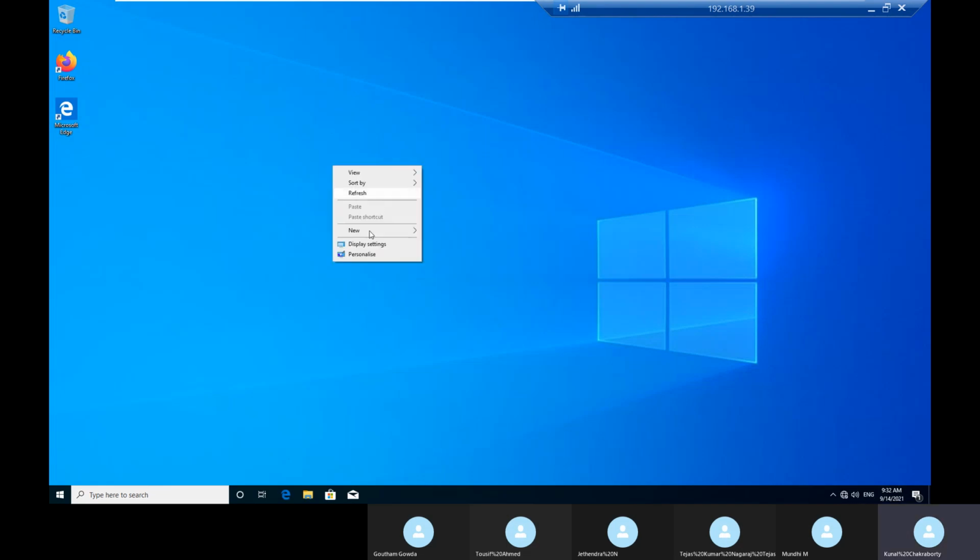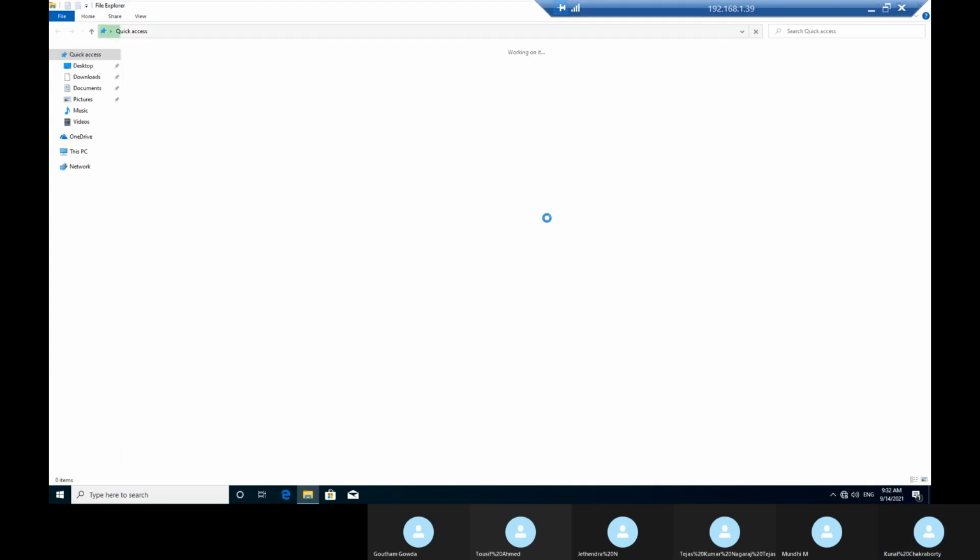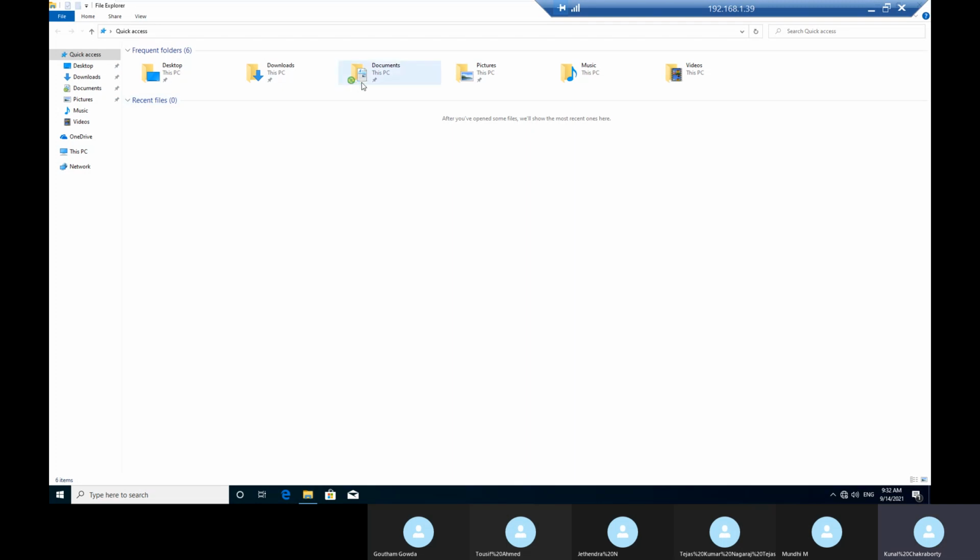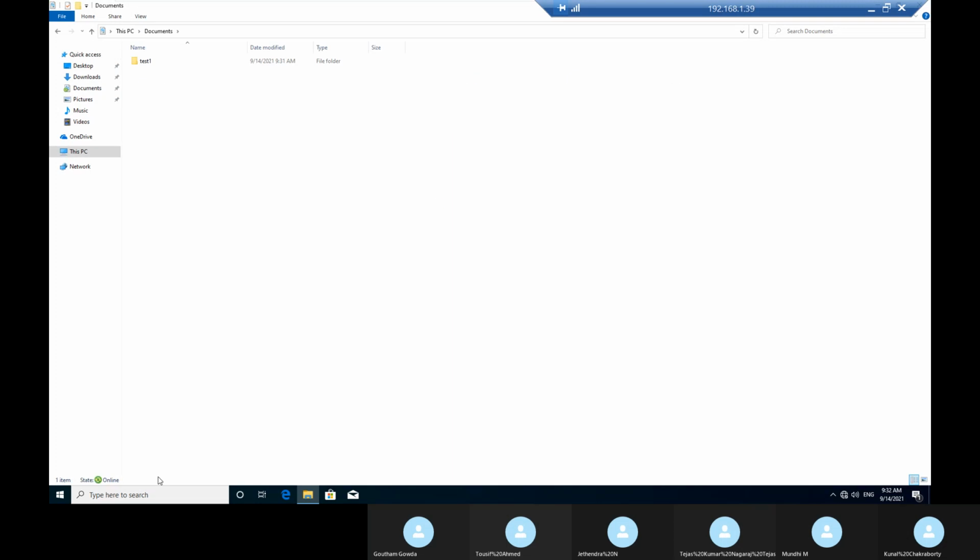Okay, now let's see whether it's coming or not. Now can you see one sync button? Before it was not there. Now you can see one green symbol is there. See down here, state online, sync status ready for first sync. So now if I create folders or any file, for example,